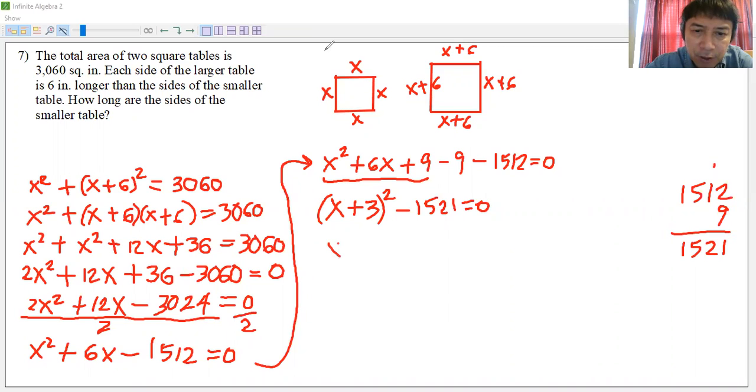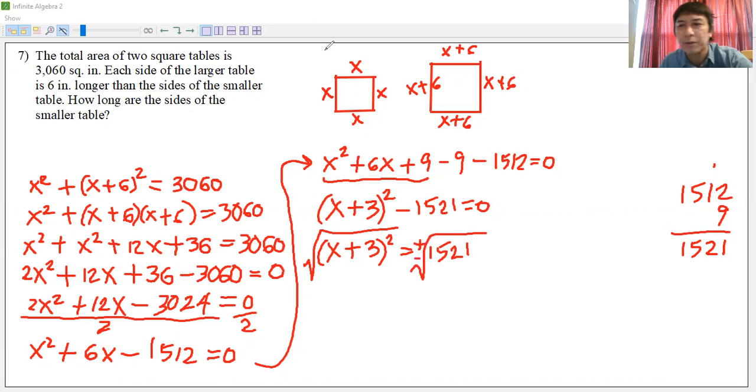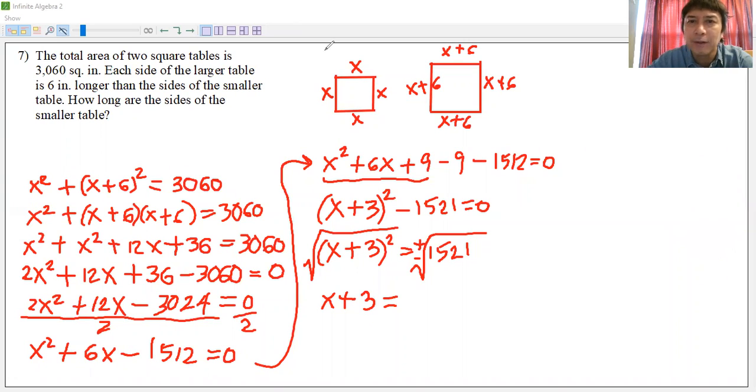Add 1521 and add 1521 to the 0. This will turn out x plus 3 squared equals 1521 there. And then we're going to extract the square root of both sides. So the square root of this and then the square root of the 1521, this will now be plus or minus. Okay, next line is just x plus 3, no more squared and square root. Now, what is the square root of 1521? All right, let's get the square root. I believe that's exact. Okay, so how do you get the square root of 1521?